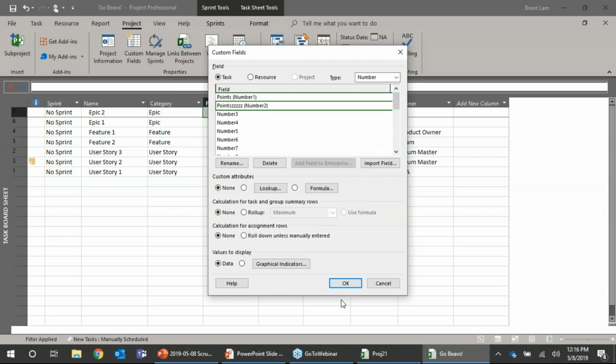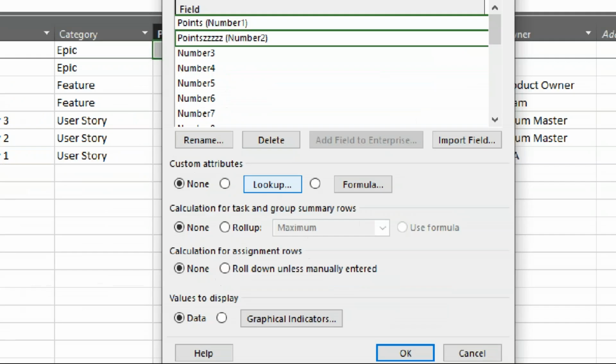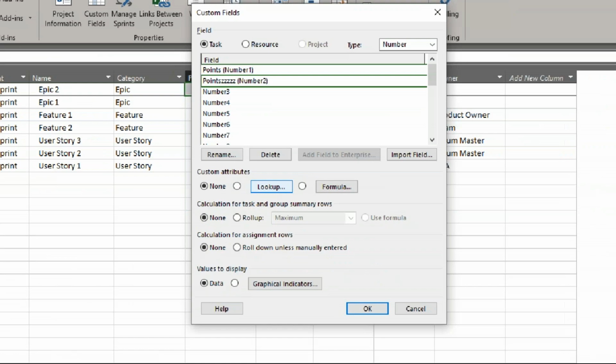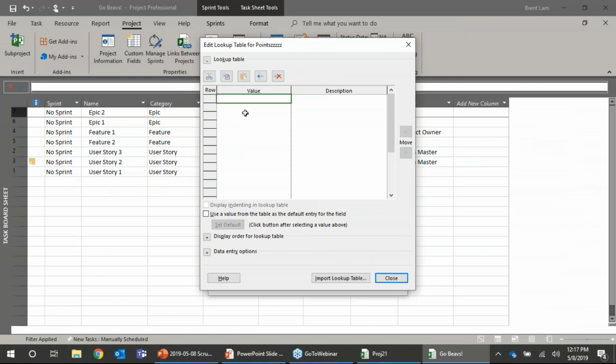Now, if I come down here to the bottom and I click OK, I will have that new custom column, but it's going to be free-form text. And you may or may not want that, but in the case of assigning points, we don't want that, because someone could enter a point of, say, 66. So we're going to come down to the middle of this screen, and you'll see this lookup button next to custom attributes. We're going to hit that lookup button,